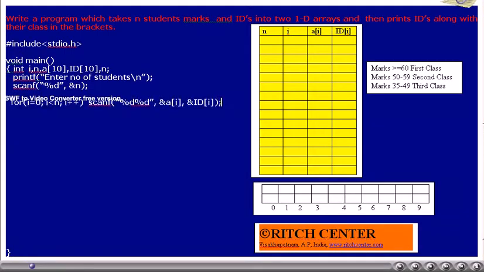This for loop is meant for reading n students' marks and identification numbers into 2 separate 1D arrays.